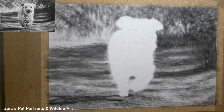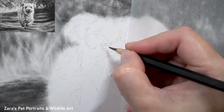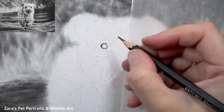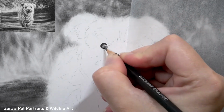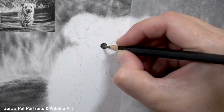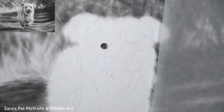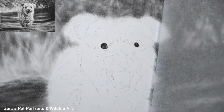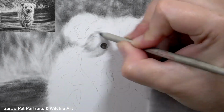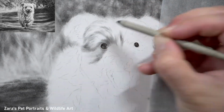Now, when working with a background like this, it is important to realise that the background doesn't always look as effective until we've got the in-focus detailed portion in. Now, this is why at this stage I decided to start on the dog, because there wasn't anything with the background that I felt I needed to change, and I didn't want to start overworking it. So in those situations where I can't really pinpoint anything and I'm fairly happy, I'll move on to the subject, and then any major changes to the background are usually going to be more easily identified once that animal is